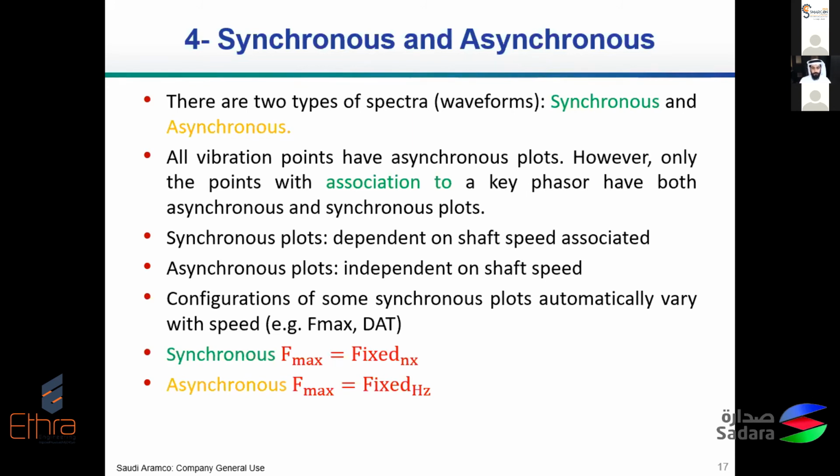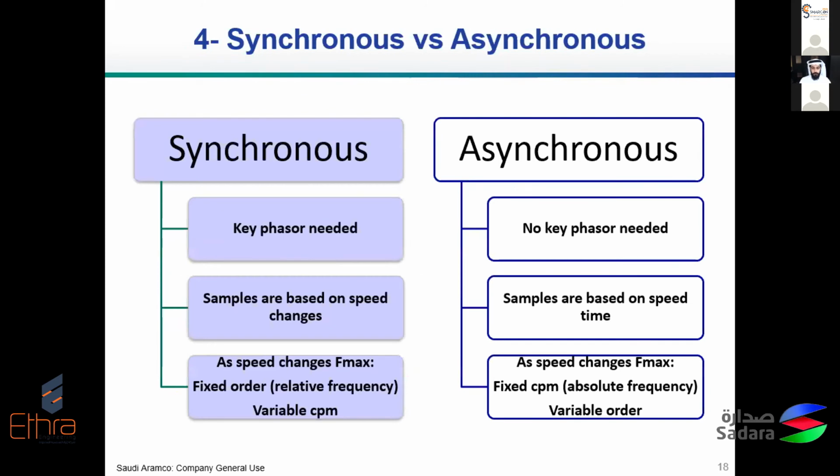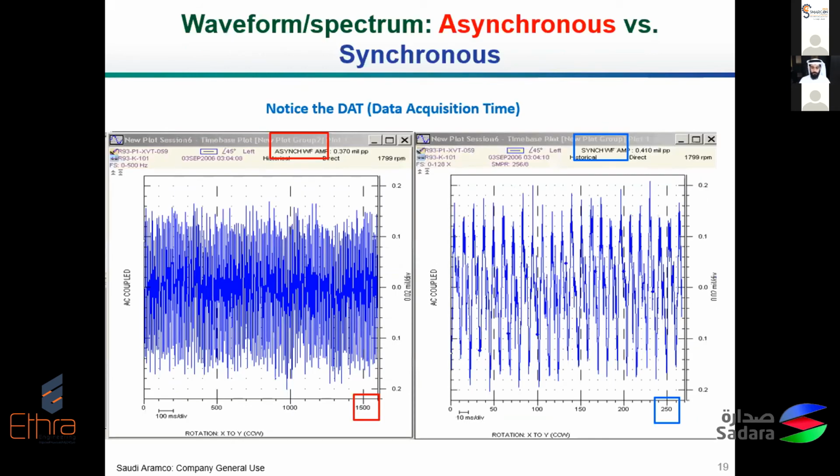These are some examples now. So this is, again, the summary of the differences between them. Primarily, you need to have a key phaser in order to have synchronous, and no need for a key phaser for the asynchronous. And Fmax is going to be changing in the first one while it is fixed in the second one. So for example, here, these are two waveforms collected from the